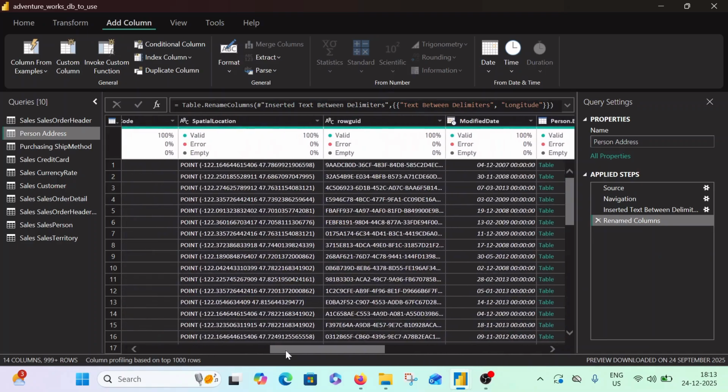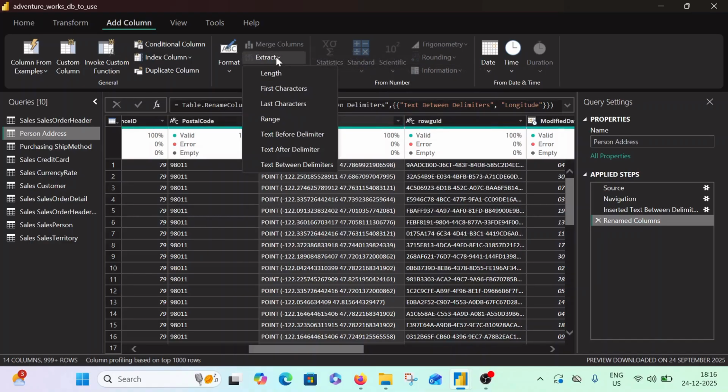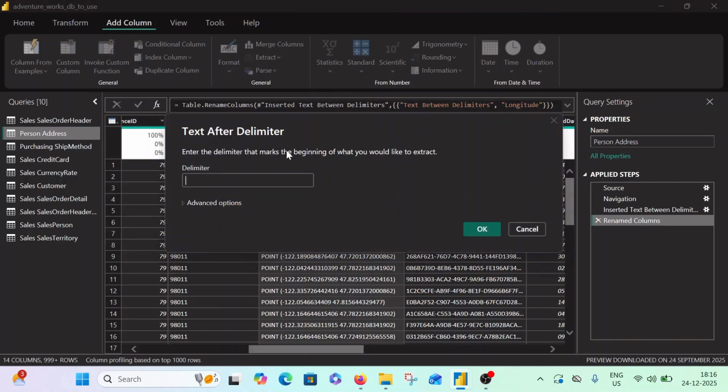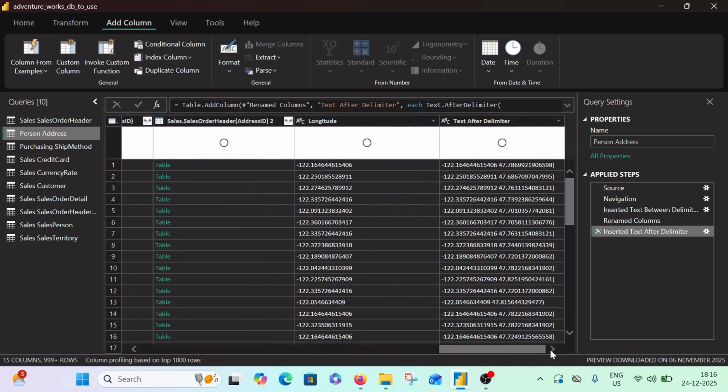Now let's go back to our spatial location. Over here I cannot use text between delimiters for latitude because the space comes twice. So what I am using is Text After Delimiter. First I am removing only till the bracket, so I will get the longitude and latitude both over here.